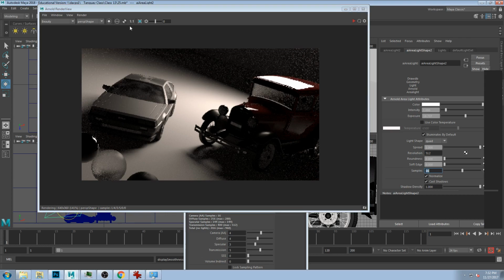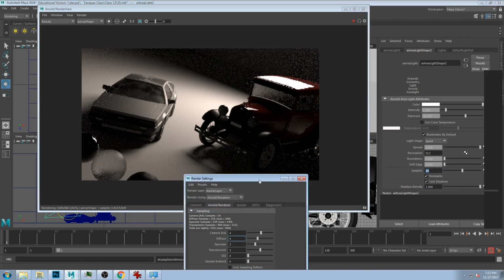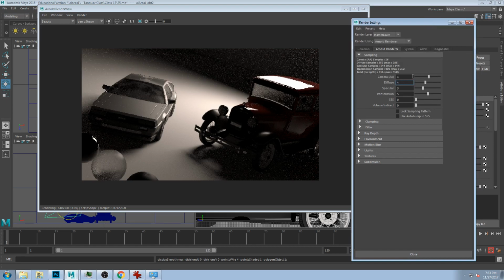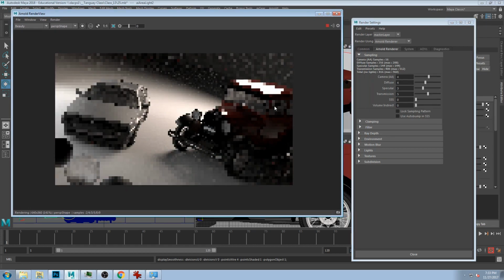16. And hit render. So I've got 4 camera samples, 4 diffuse samples to deal with the darker areas, the way that we have a lot of shadows going on here. 3 specular channel samples, which are basically handling anything that's shiny, the car, any of your chromes, all that stuff, and any of the bounces that are coming off of there. So if I let this guy go,